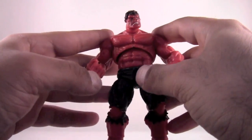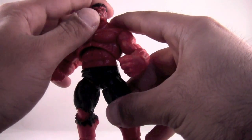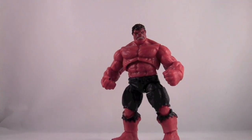From what I understand, too, this is the World War Hulk mold, believe it or not. I believe it, so you better, too. For him, 5 out of 5, though. Really, really cool. Another one that's going to get a 5 out of 5 is, of course, the modular Iron